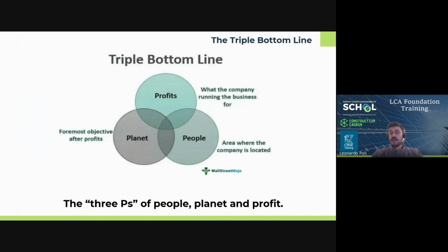Elkington believes that in order to get an accurate appreciation of business performance, organizations should go beyond what is reflected in their profit and loss statement and fully account for all costs associated with doing business, which of course includes the people and the planet. The people includes all stakeholders, so employees, local community, as well as members of the wider company supply chain. This is another differentiator from traditional business making, which would normally focus on shareholders. And then we have planet, on the other hand, which indicates the implication of the natural landscape in which the business operates.